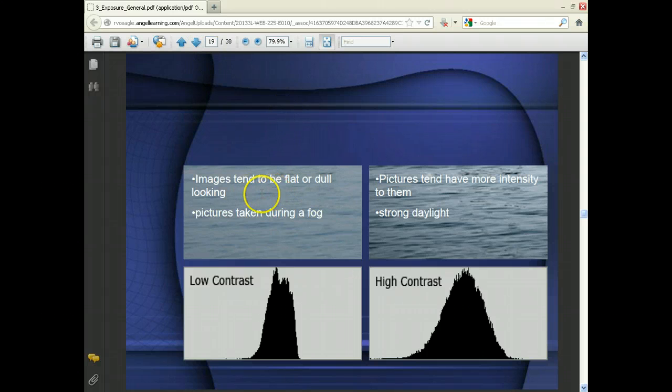Just tend to be flat or dull looking in low contrast, and they tend to be more intense, and I like to call them sharp on the right side with high contrast. You'll notice the difference in the peak of the valley is just on the high contrast, it's wider than the low contrast. Okay? And remember, a more healthy histogram, and this is a very crude example, but one you can